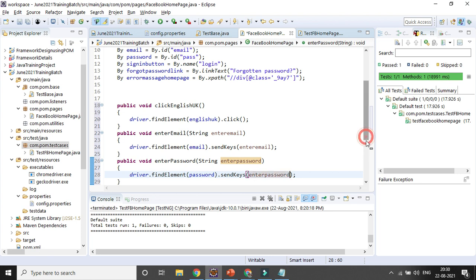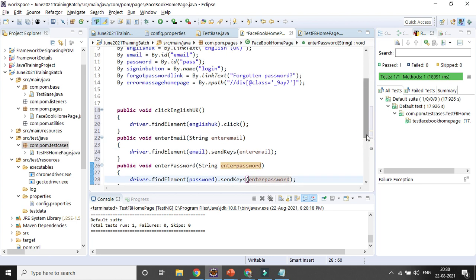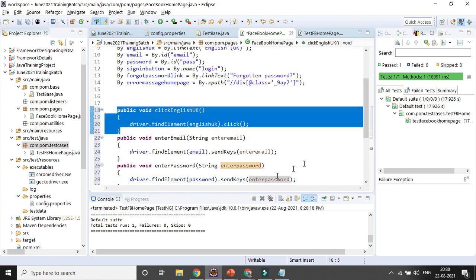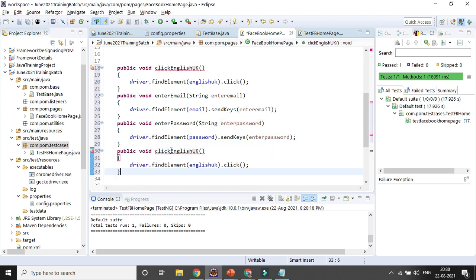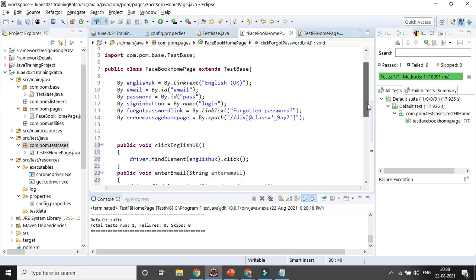Okay, similarly the forgotten password link also I need to click here. So void click forgot password link. So the path is only changing, the reference here.